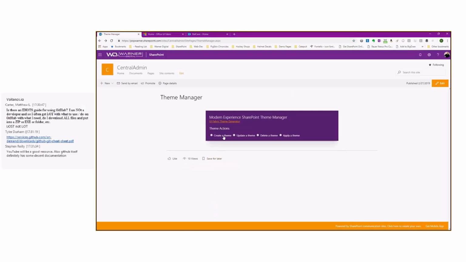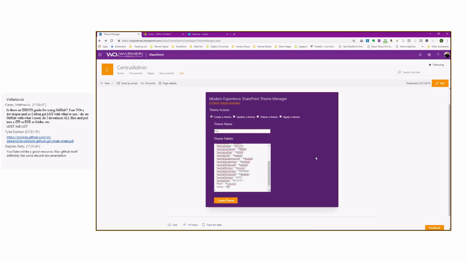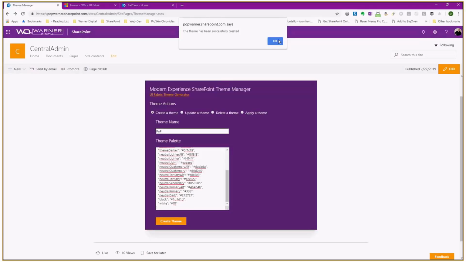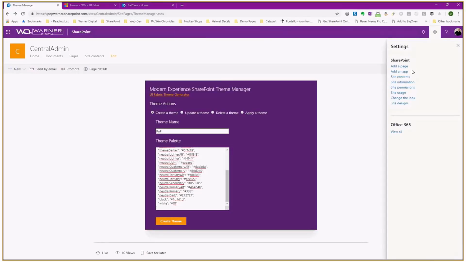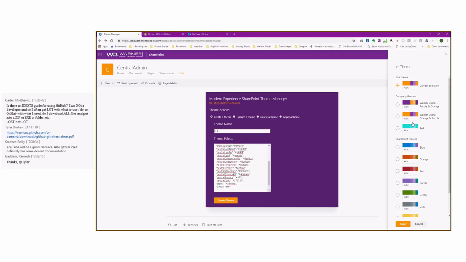We'll go back to our theme manager, and we'll start out by creating a theme. So we're going to go ahead and call it PnP. We'll paste our theme palette, and we'll go ahead and click Create. Very simple notification. As we'll see in some of the code, I left it very simple so that it could be easily learned and understood. It's not overly complex, and you can build better validation and alerts and all that if you decide you want to use it. So we'll hit OK. And now when we come over to our panel, we'll go to Change the Look. We'll go to Theme, and we'll see we created it. So there, it's there, and it's available to us.